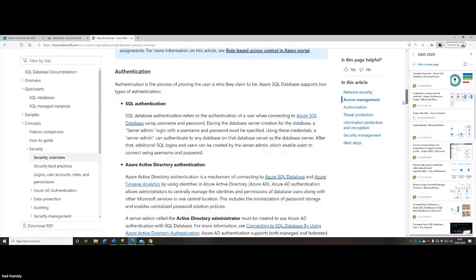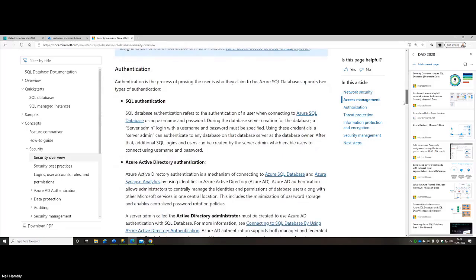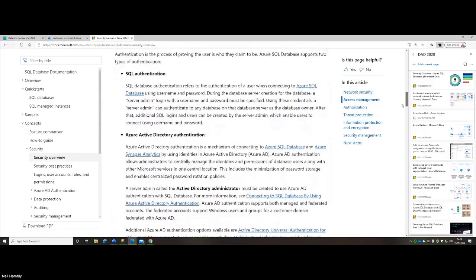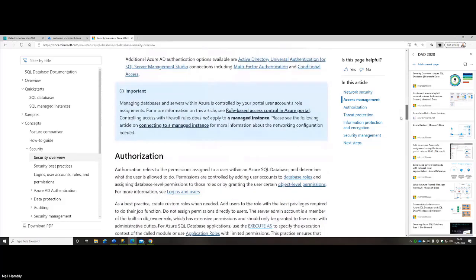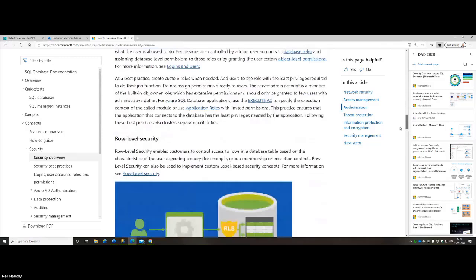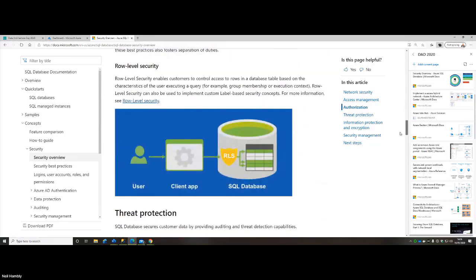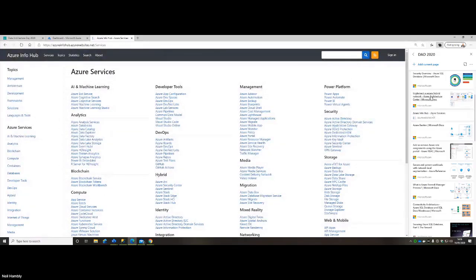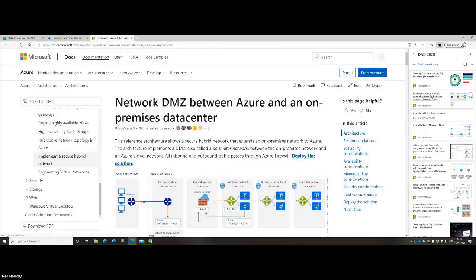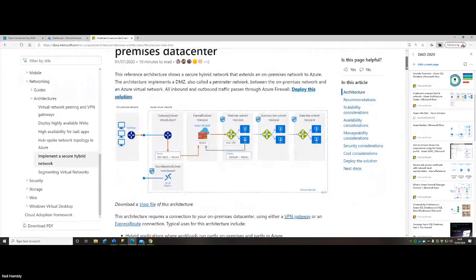There are some additional things you might need to be aware of, like authentication and authorization, how it works with Azure Active Directory, and being able to look at role level security and other aspects. But today we're touching on just the network component. So let's have a look at this one here. I have a couple of images just to give you a bit of a reference to what we're doing.